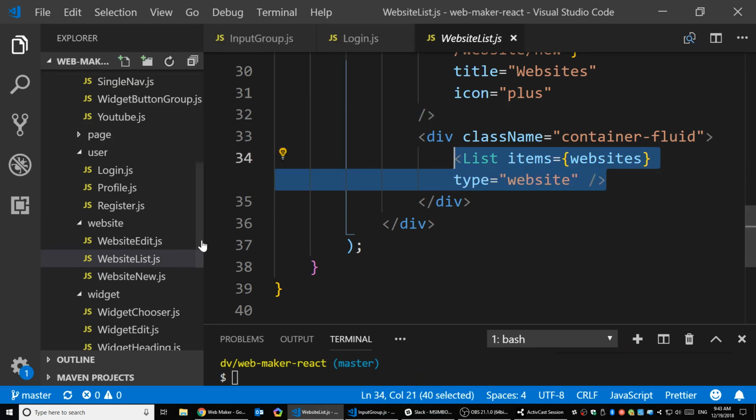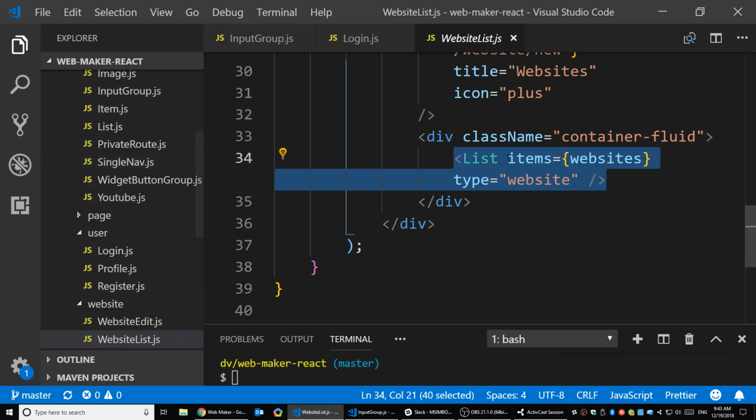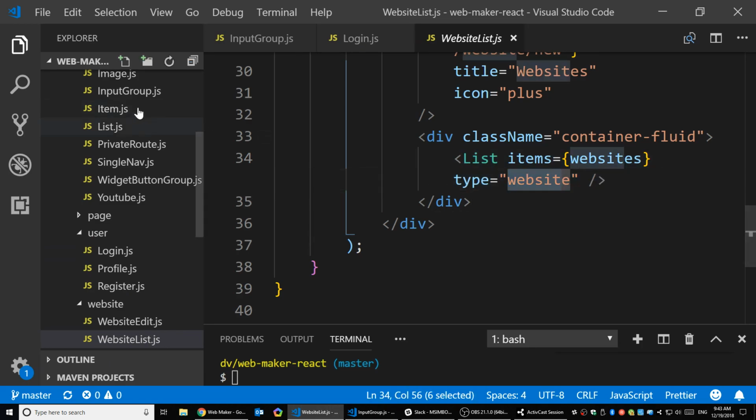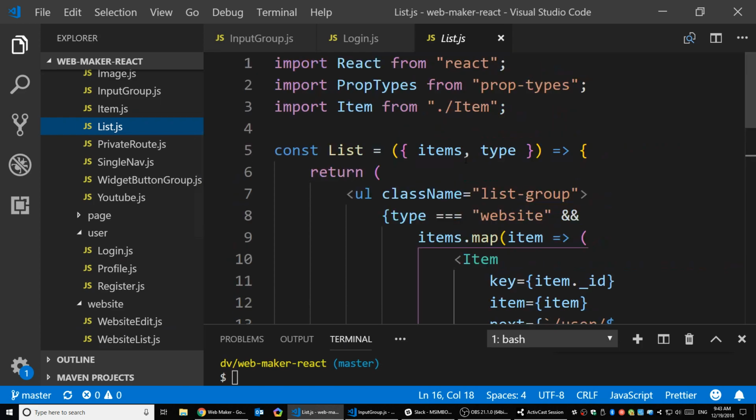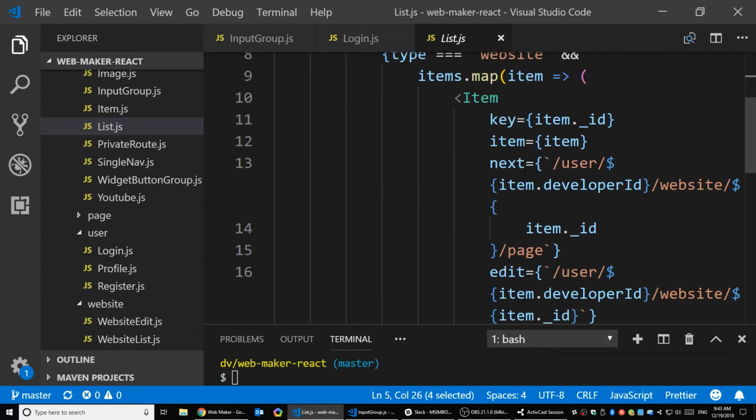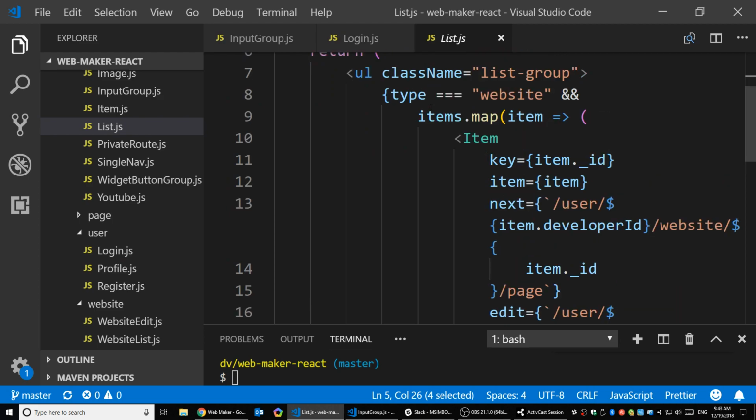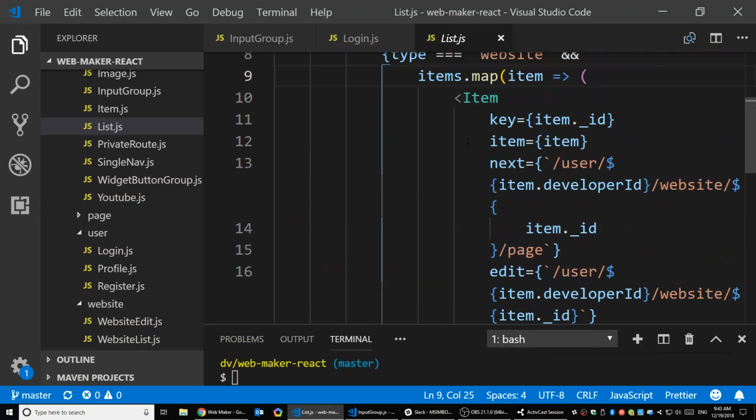We're passing the whole items as websites, and I'm passing website for the type. So if you're checking the list here, it actually takes items and takes the type. And the items is used here when I do the map, items dot map, and to the item. The type equal to website. And it's actually showing